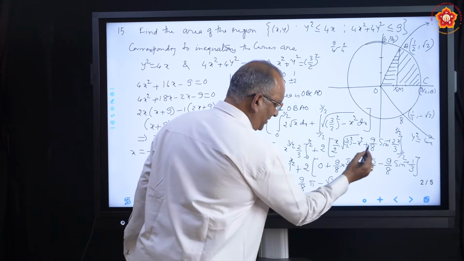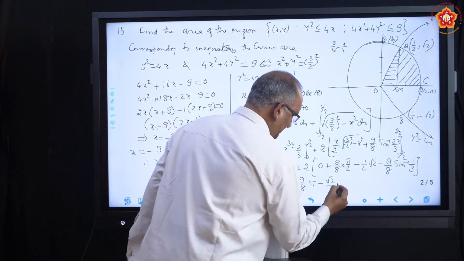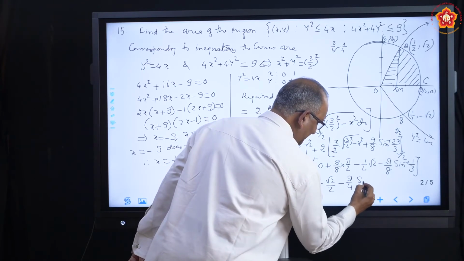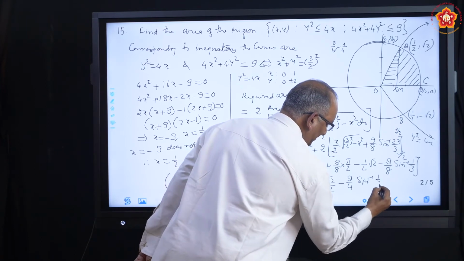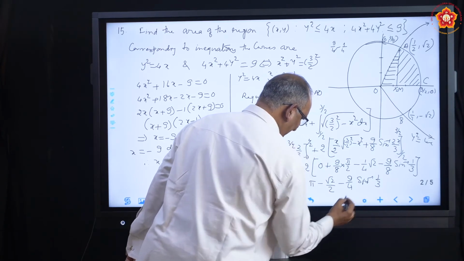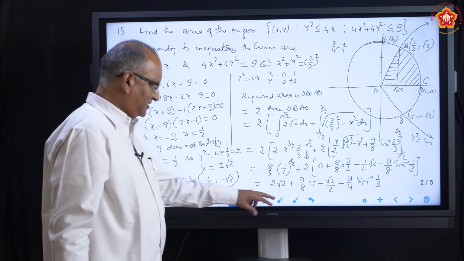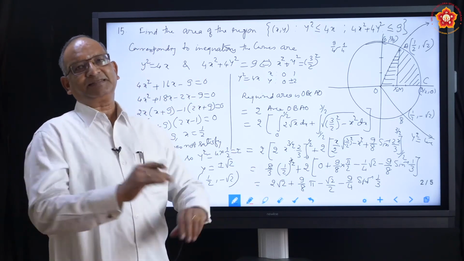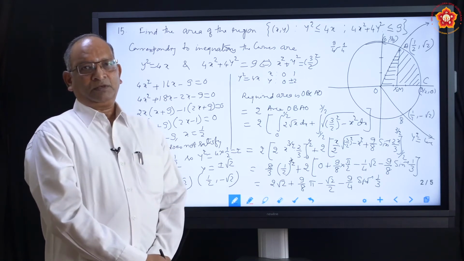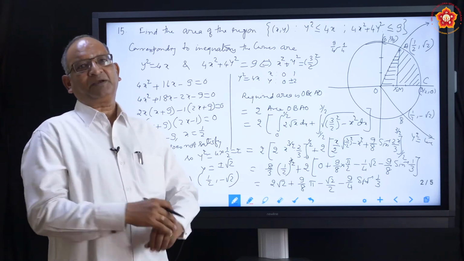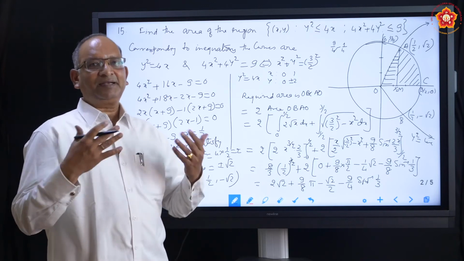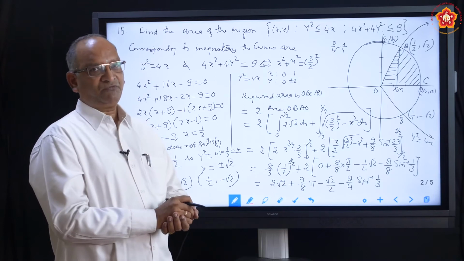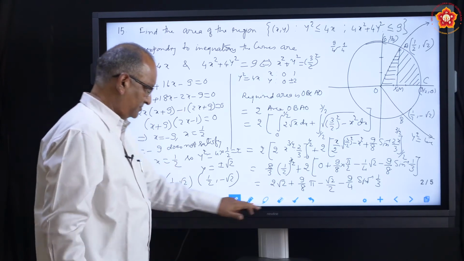And then take this 2 here. It will become minus 9 by 4 sine inverse 1 by 3. This is the answer. The only simplification you can do is to club these two, otherwise you can just leave it. That is the answer. Since we are coming to a close of this particular chapter, the problems are a little big and time consuming. Okay, we'll move on to the next.